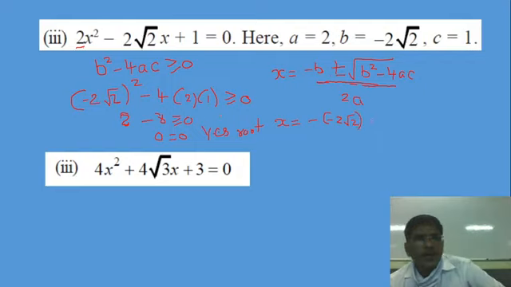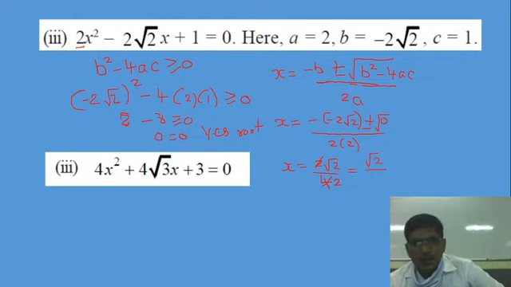Already we have got b square minus 4ac, that is 0. Two into 2 here, under root it is equal to 0. So minus minus plus, so 2 root 2 upon 4, again divide by 2, so root 2 upon 2,